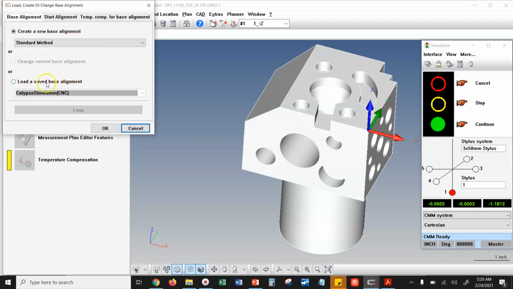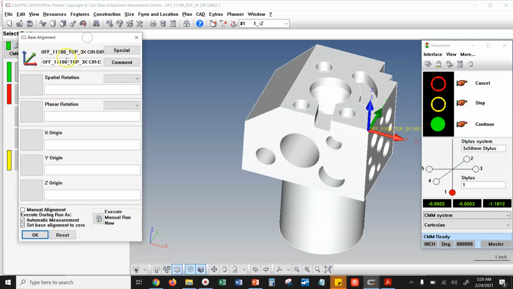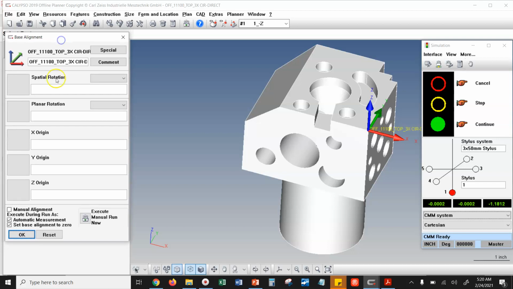So we'll click on the base alignment button. This window is very overwhelming at first, so ignore it. Just hit OK. That brings us to another window that I would argue is a little bit overwhelming, but we're going to ignore this one for right now too, and it's actually going to auto-populate itself. We'll talk extensively about this later. I think you already saw some things on CurioZ about this as well. So we're going to ignore all this, and we're going to come down here to